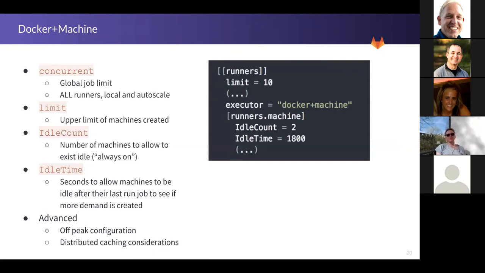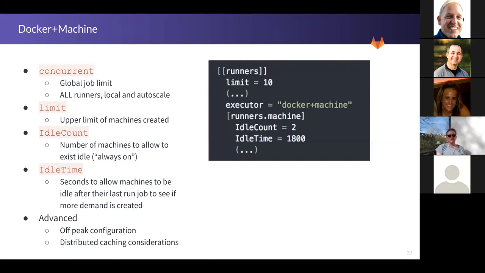When those machines are not needed anymore, allow them to stay on for X number of minutes to see if another job comes up. This can help speed up the builds. Here we're balancing smartly using compute time with speed of builds, and not waiting for a machine every time I have a new build. There are even more advanced features, such as an off-peak configuration, so that at the start of my business day I can have it scale up and have two idle machines at all times at least, but at the end of the business day, scale down to 0 or something similar.